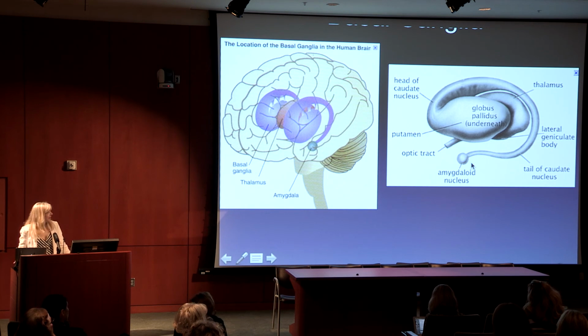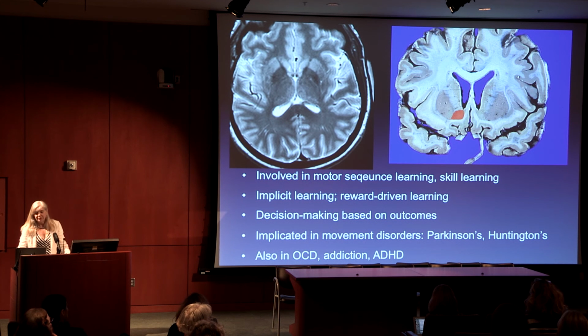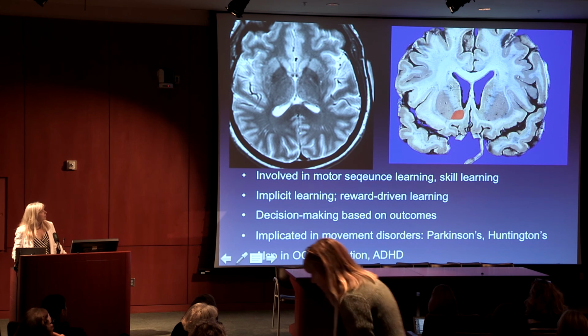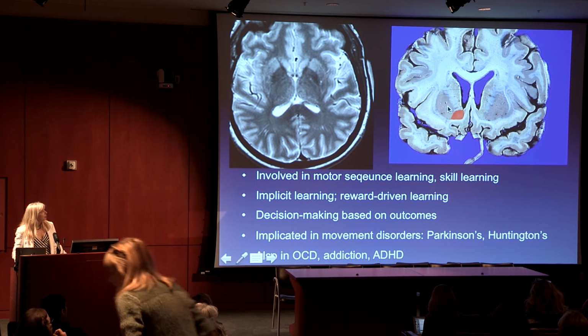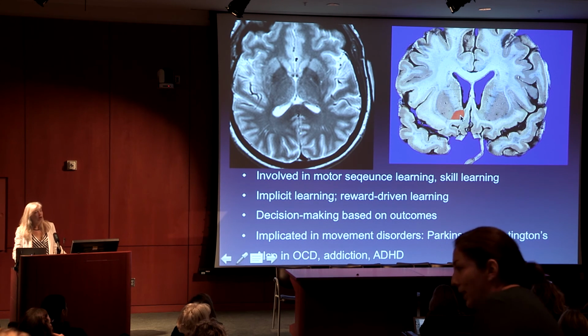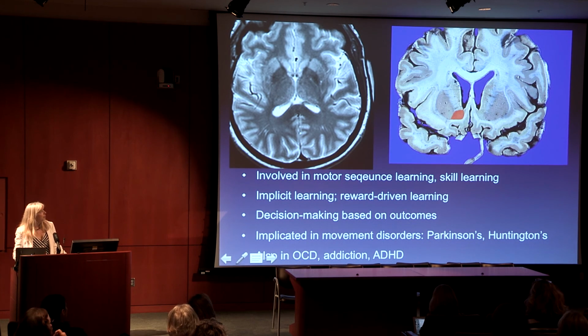So we don't usually get to see it like this. We usually get to see it like this. Here it is in the actual brain. This is an axial view, so that's cut through this way, and the other one is a coronal view, so cut through this way. And so here is the caudate, putamen, globus pallidus, and then from a coronal view, caudate, putamen, globus pallidus, and down here is the ventral part of it, which we'll call the ventral striatum. So this would be more dorsal striatum, and this would be more ventral striatum.